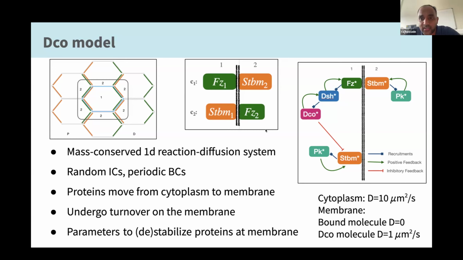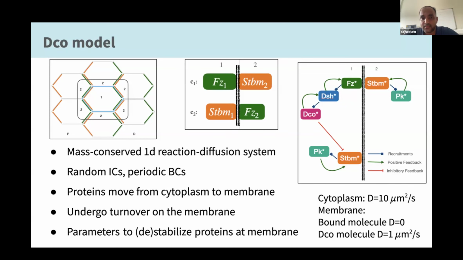And this model is actually developed in close collaboration with experiments, where it has been seen that this DCO molecule stabilizes the Disabled molecule, and it destabilizes the Stable molecule. This experiment is currently going on, and we already knew that Disabled stabilizes Frizzled and Prickle stabilizes Strabismus. So given this information,